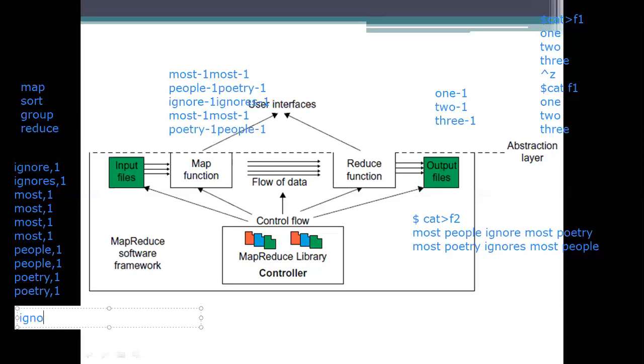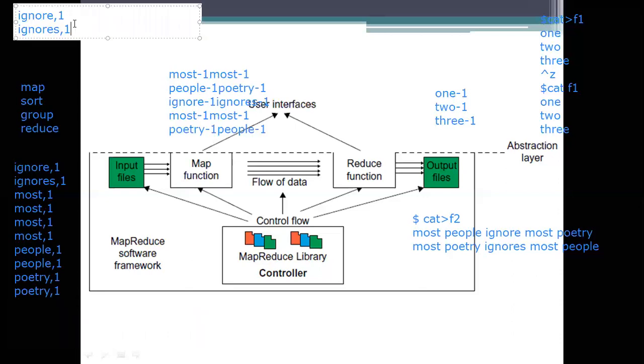So first we will go for ignore. It has been used only once. And coming to the next one, we are using the next ignore, which is different from the first one, so it will be considered as one only. And then next, coming to the next one, what we are considering here is most. Most has been used several times.